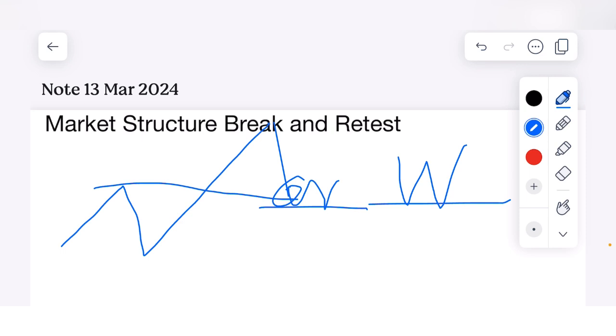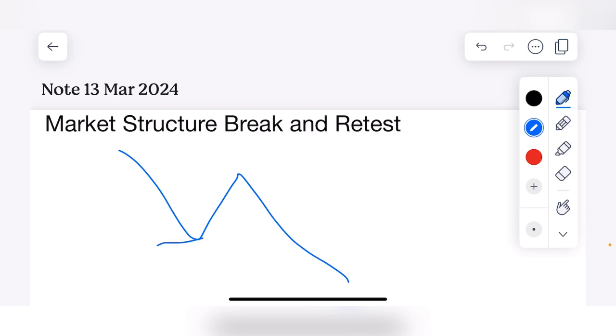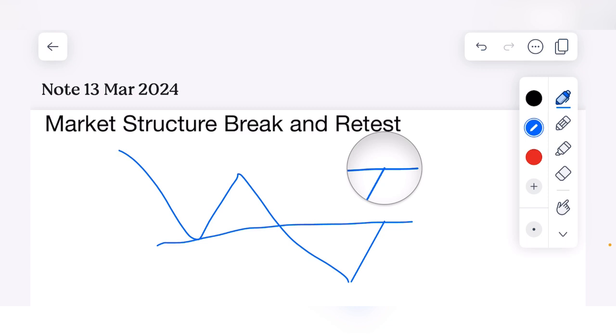The same thing applies to a bearish market or a downtrend. When we are in a downtrend, and then the market breaks the lowest points of the market and then comes back to test the exact points, you don't have to take the trade because it has hit that level. No. What you do is look for a confirmation,